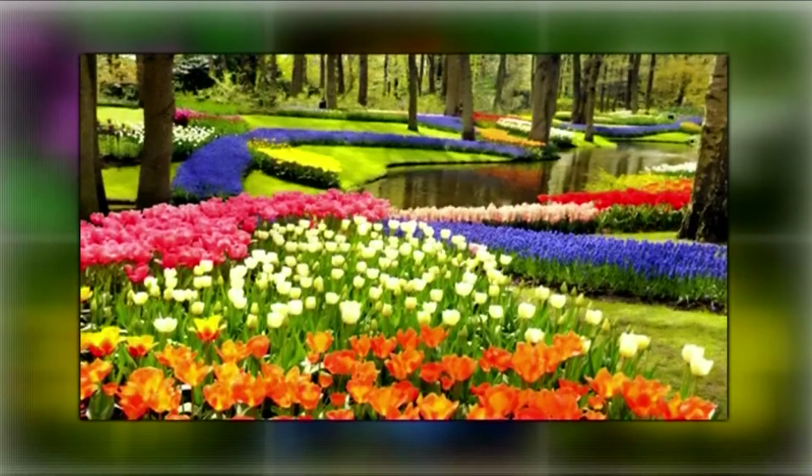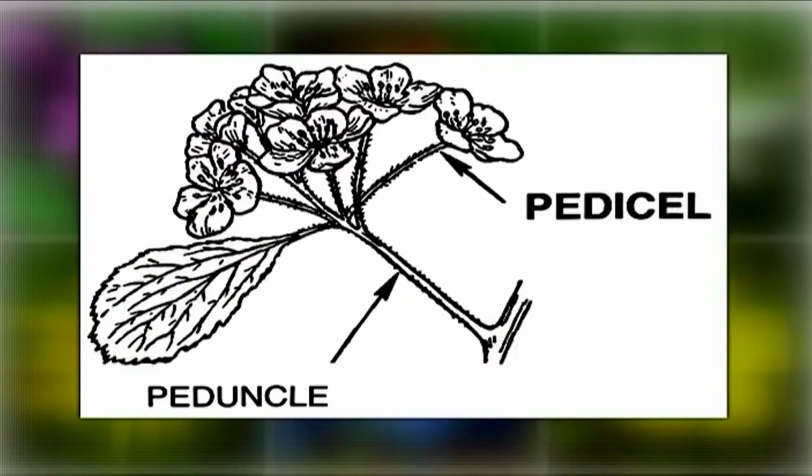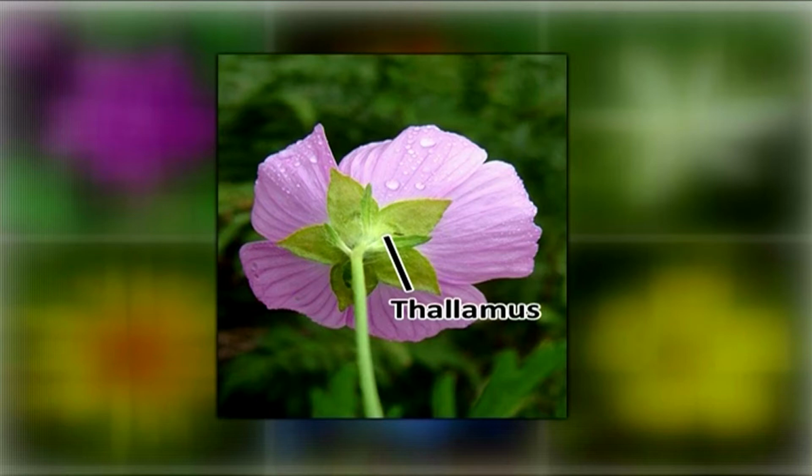Structure of flower. Take a flower of any color or size growing in your area, you will find its basic plan to be the same: the flower is borne on a stalk called peduncle. If the peduncle bears more than one flower, the stems connecting each flower to the main axis are called pedicels. The pedicel has a swollen tip known as thalamus or receptacle upon which are borne 4 whorls of accessory and reproductive structures in a definite order.